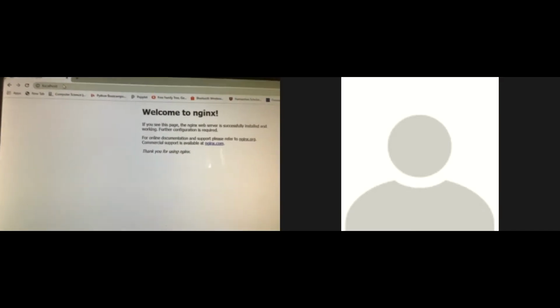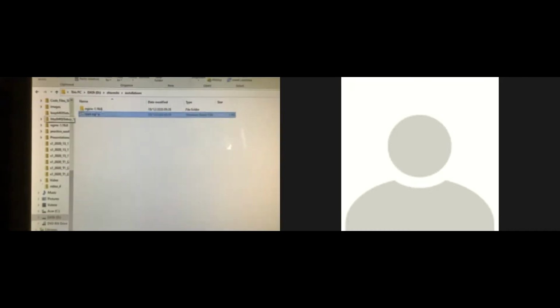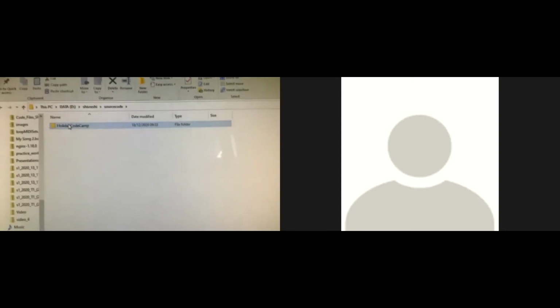So what's the file name? You go and see in the source code. So folder, then go to data, then source code, then inside folder.